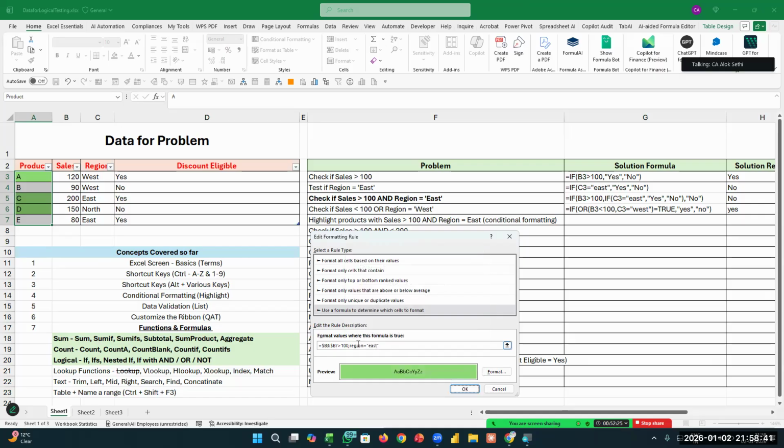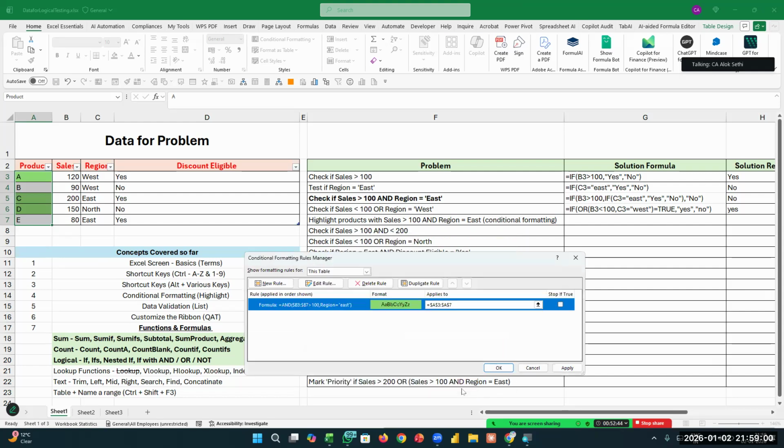That means to use both of these, I have to use something that can concatenate, that can add these two conditions together, and that function is AND. So you have to write AND. So this becomes my first condition and this becomes my second condition, and now if I click on OK, apply,